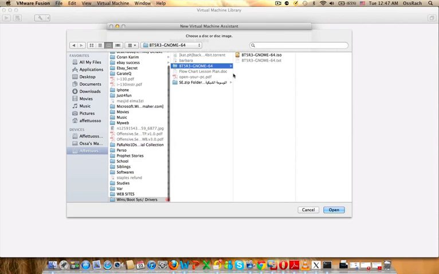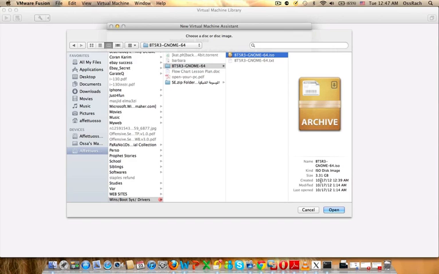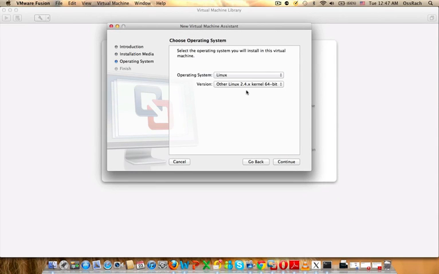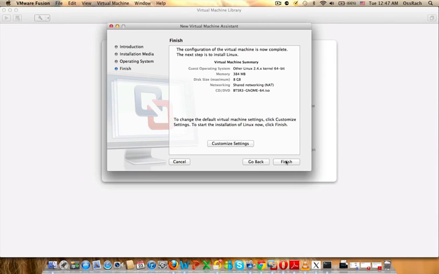There you go. This is Backtrack on the third release. Hit Open, and then Continue. Here it looks like it has detected it automatically. If it's not actually saying Backtrack, at least it's saying Linux, and here it's saying other Linux 2.4.x kernel, and it's 64-bit. So we hit Continue, and then